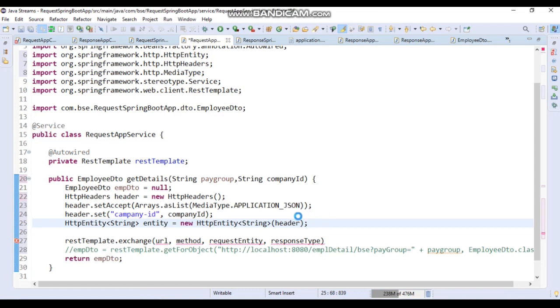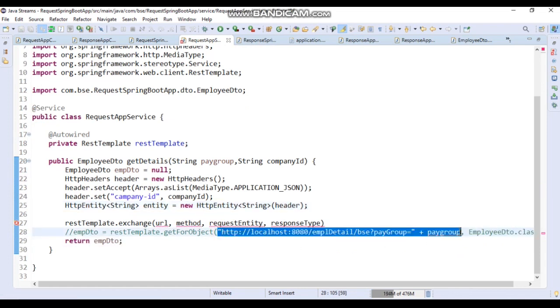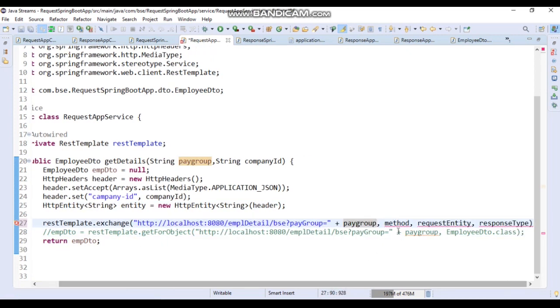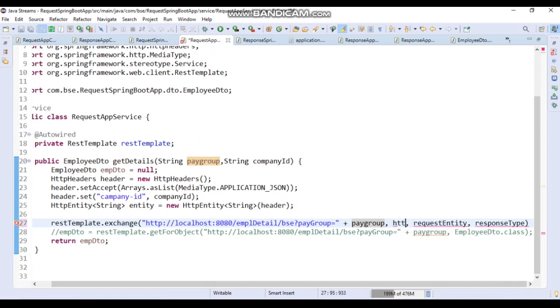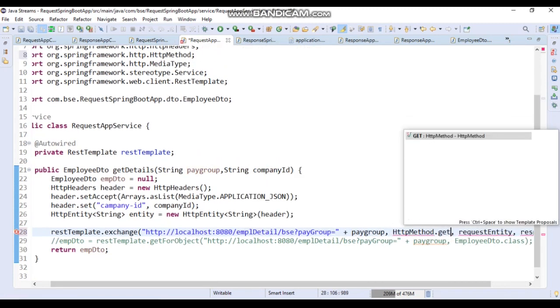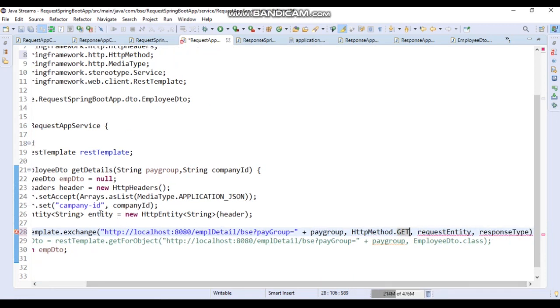Let's use this as the URL. Okay, and then method will be, this is a get method, so it will be HTTP method dot get. Then entity will be this entity which we have created right now.